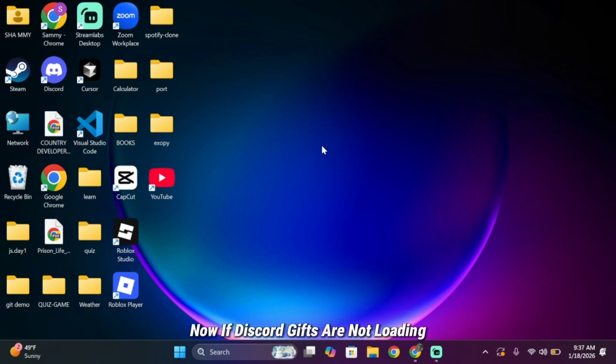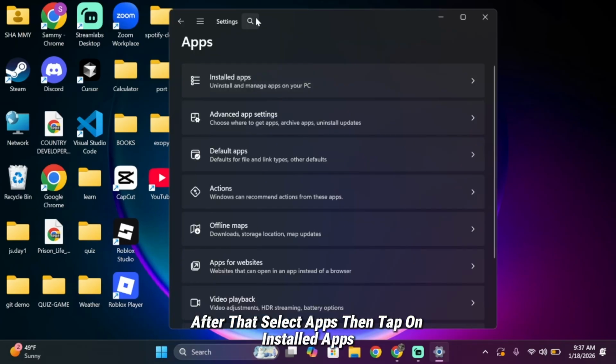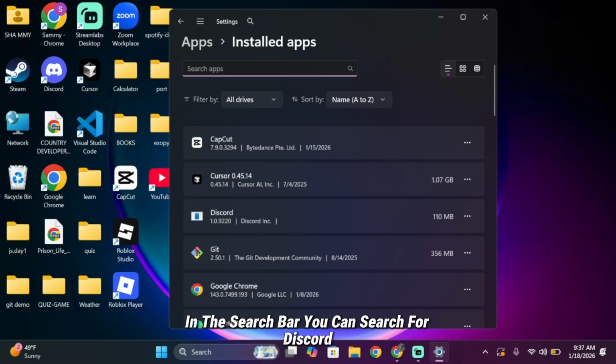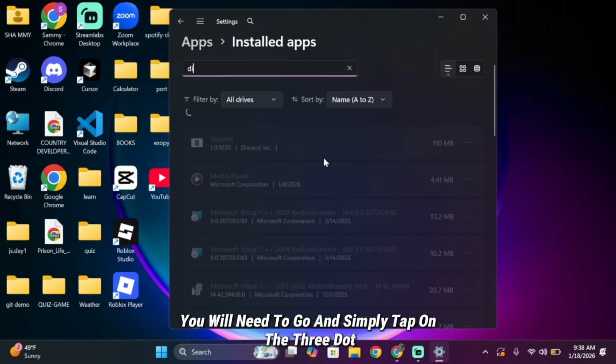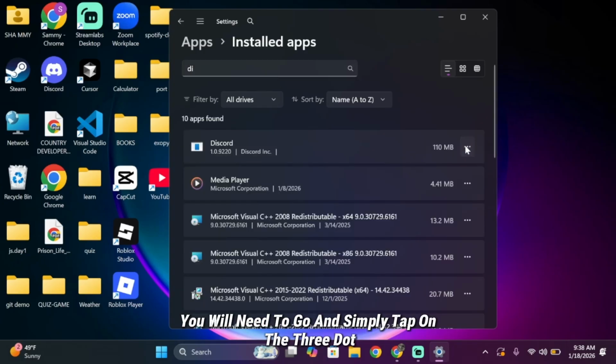Now, if Discord GIFs are still not loading, you can try opening Settings on your PC. After that, select Apps, then tap on Installed Apps. In the search bar, you can search for Discord. Once you search for it, you will need to go ahead and simply tap on this three dot, then tap